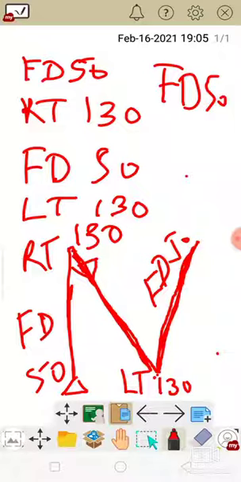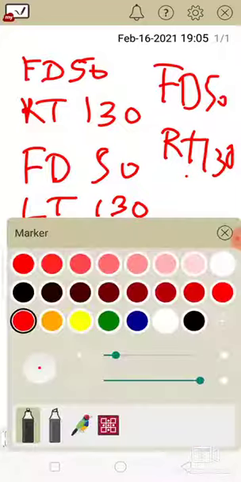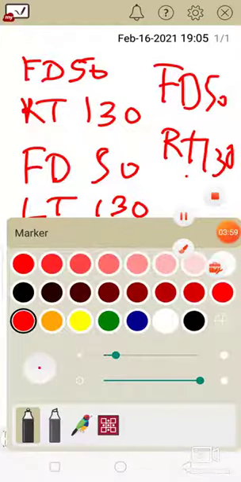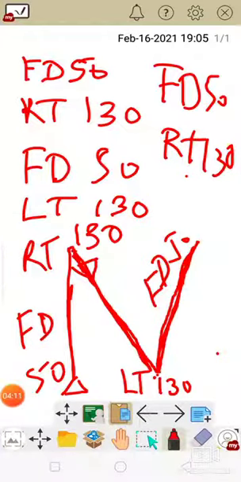Then again we have to go down. So again we will do RT 130, RT 130 here.